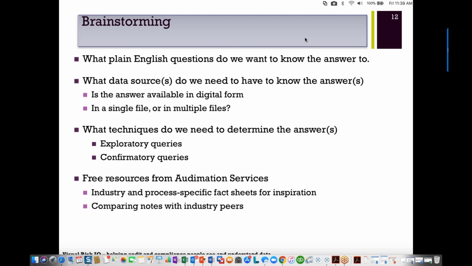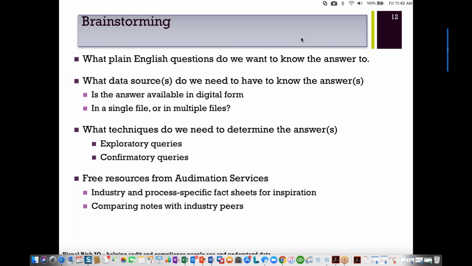Again, with the banking collateralized loan example, or joining the HR file to the computer access list to see if there's anybody who has access to the computer systems, but maybe are no longer on the payroll file. We want to know if the digital information that we need is in one file or perhaps in multiple. And then we also want to point toward what techniques. Is it an exploratory query, a confirmatory query, a metric, an outlier, or an